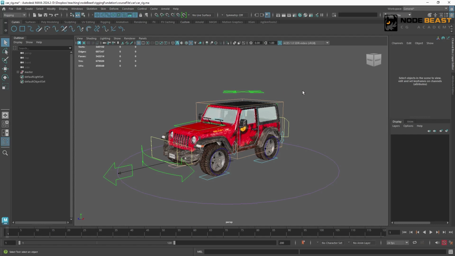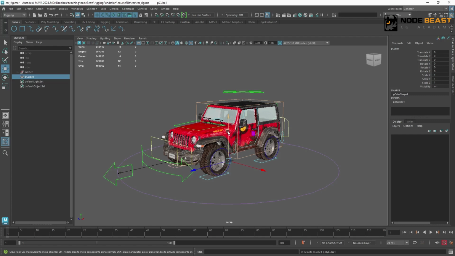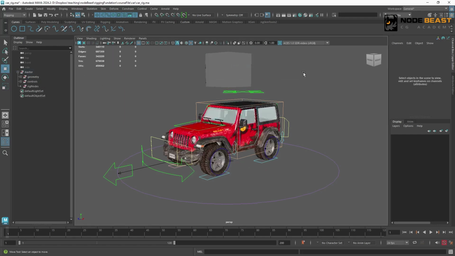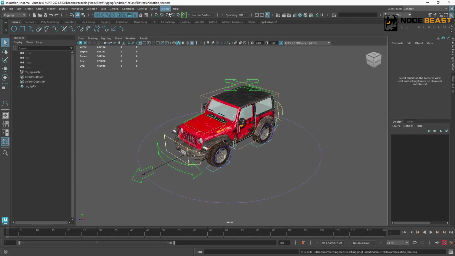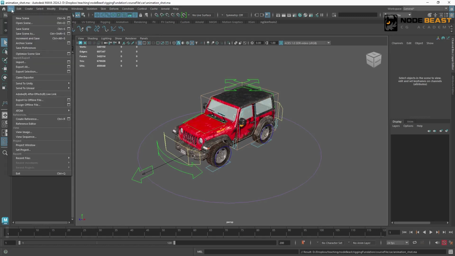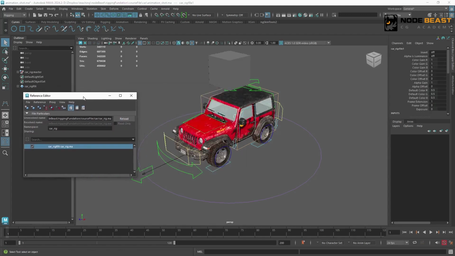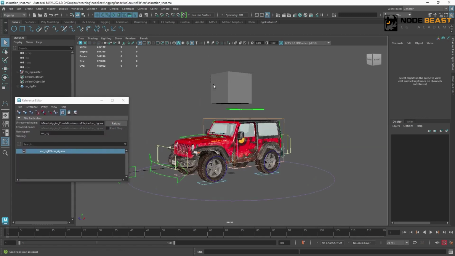I won't make any complex adjustments here. I'll create a box. Put this box under the geometry group. Just like that, very simple. Then we save it, overwrite the original file. Next, we go back to the scene file. You see, I'm now in this animation shot file. We go to the File menu, find the reference editor, then select this rig, and reload. This way you will see the box we just added is also updated and displayed in the scene file.